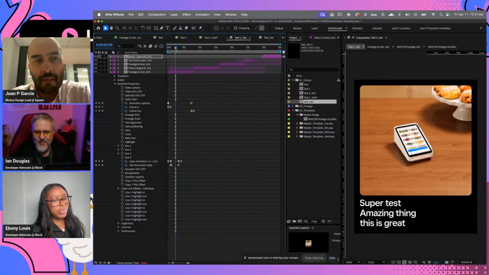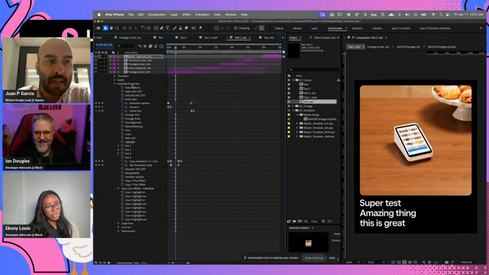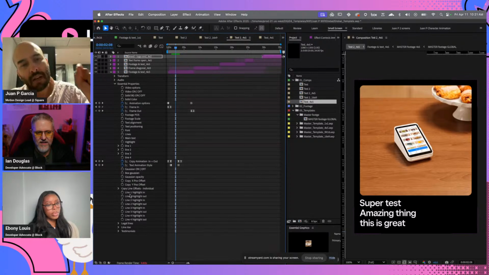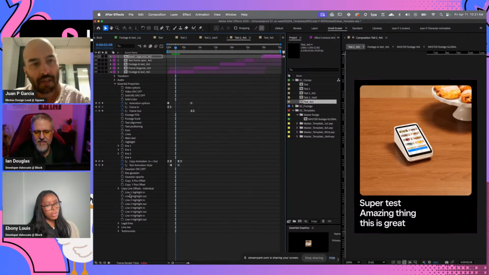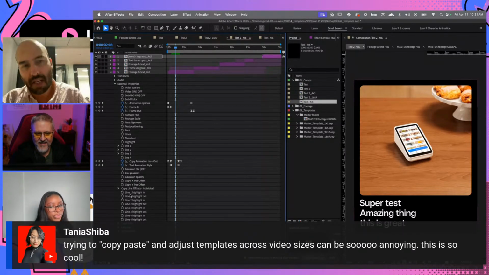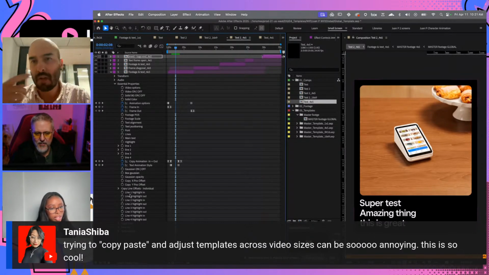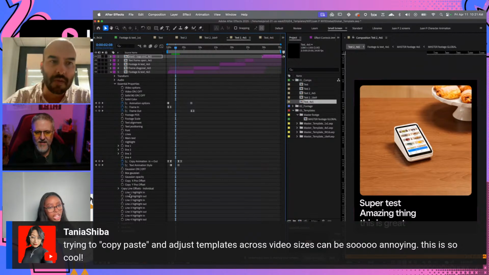I asked Goose, can you see the essential properties inside of this layer? And it was like, yes, I can see them. And it was a back and forth of how to copy the keyframes into the new comp. And it didn't copy it with the easing. I was like, you need to copy the easing. Okay. You need to copy the text. It was like an ongoing 2 or 3 week process of iteration.